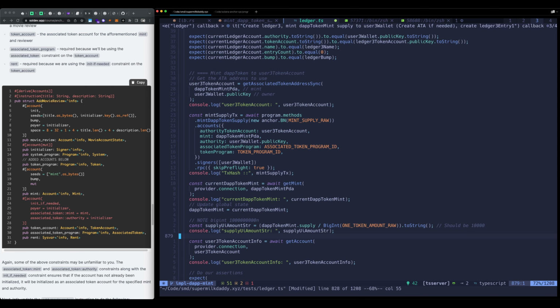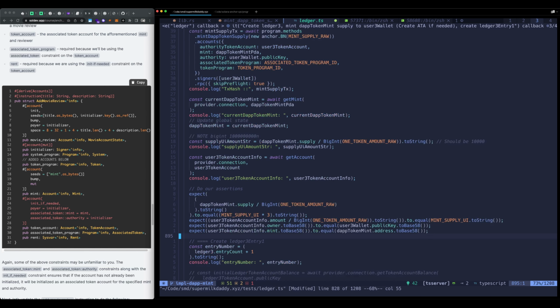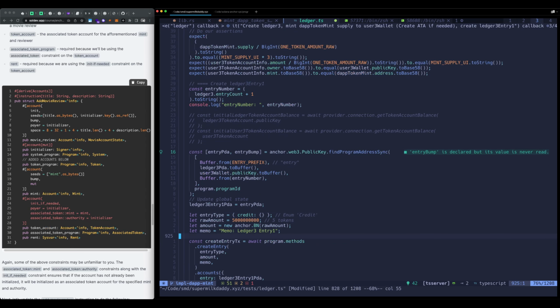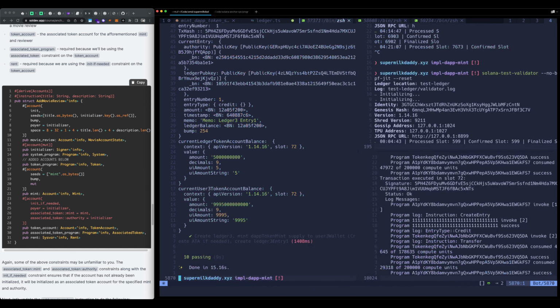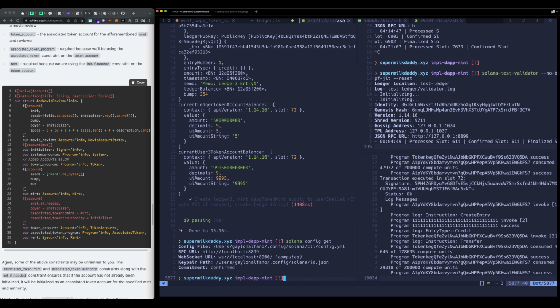Where I think the mintSupply I had just fine, but creating an entry, yeah, same thing. Where I'm creating an entry and I'm specifying the authority to be the user3 wallet, I had overlooked the signers. I didn't supply any signers, so by default it's using the provider, which is my local file key pair. So whenever you do something like a Solana config get, you have this key pair path, yeah, and this